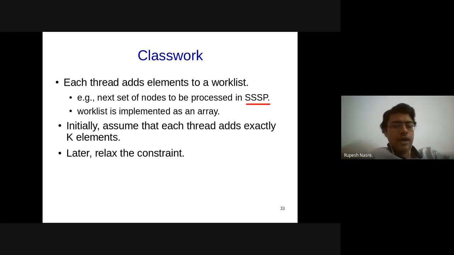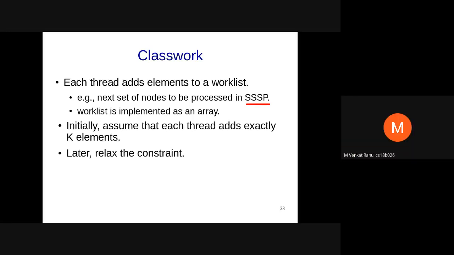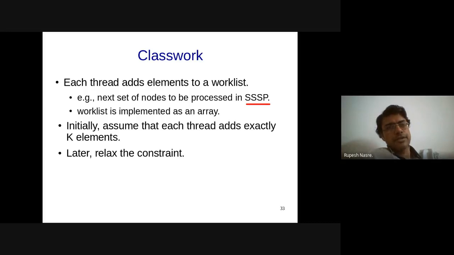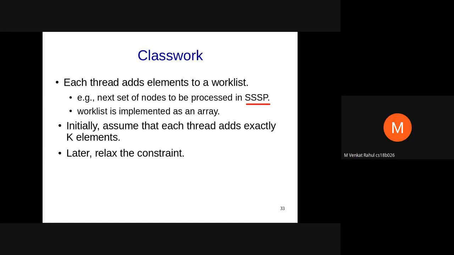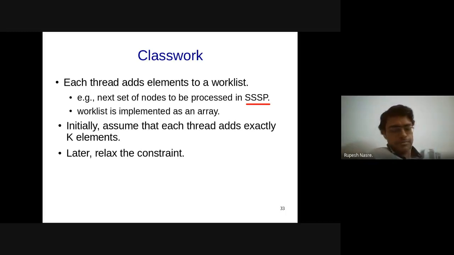So what will you have in the critical section? Sir, in the critical section, I'll be updating the counter, adding the element, whichever element my current thread wants to add. Okay, so there are at least two instructions in that critical section. Sure.